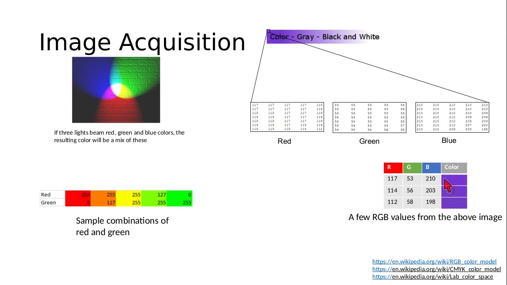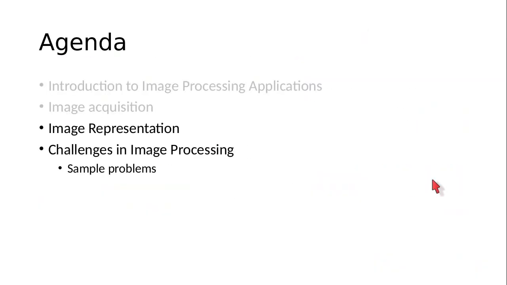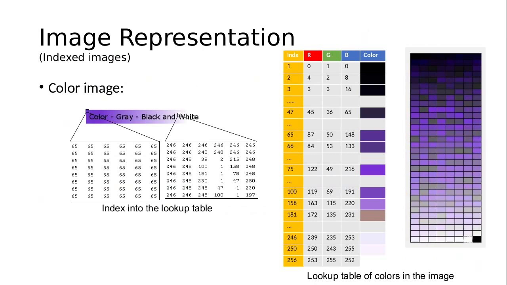So here the RGB values are different, but the color is not different, right? Human beings cannot perceive the difference between these colors. So why store these values separately? What was done is, given an input image, you would try to determine what is an optimal number of colors in this image which can be separated or differentiated by a human being.